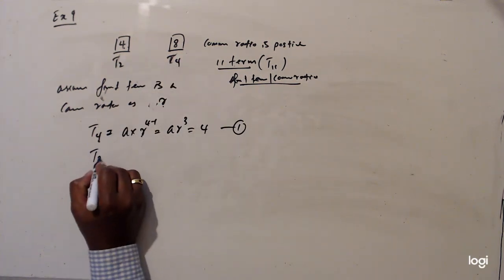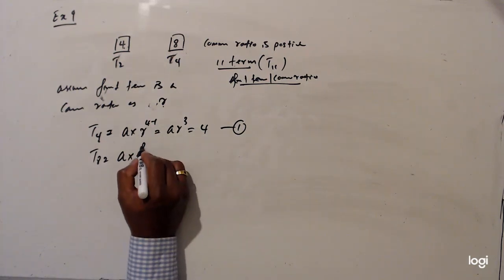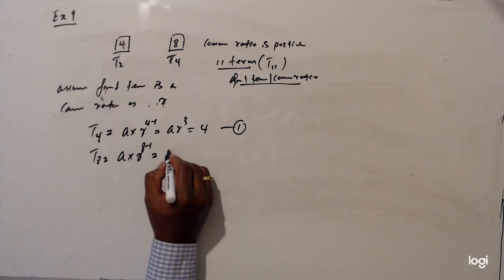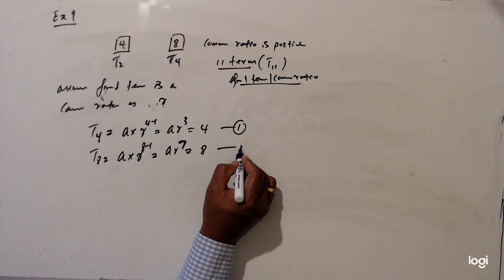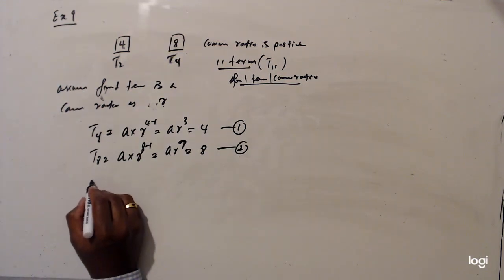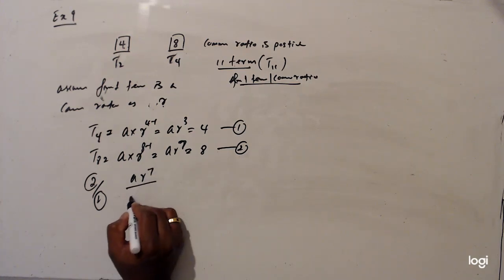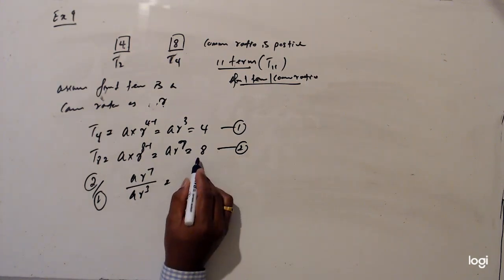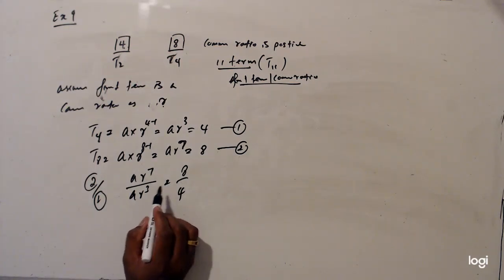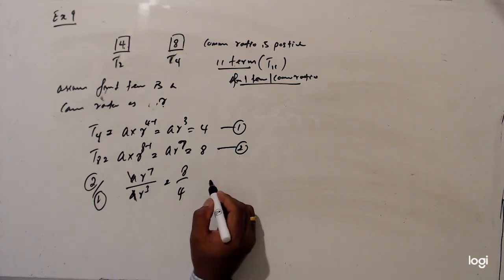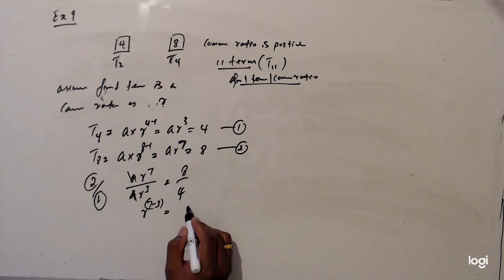And the eighth term, we can write first term times common ratio to the power 8 minus 1, AR^7, and given that is 8, that is 2. So we'll divide 2 divided by 1. So AR^7 divided by AR^3, which is 8 over 4. Then A to A cancel out. R^(7 minus 3) equal to,